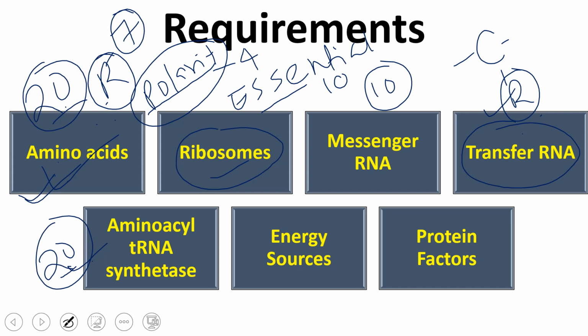Then we require energy source. During the protein synthetic process, either it is initiation or activation or elongation, we require normally 2 types of energy sources. Some places we are going to use ATP as an energy source, some places we are going to use GTP as an energy source. So both ATP and GTP are required for the supply of energy during the protein synthesis. Some places ATP, some places GTP, but most of the cases we require GTP.